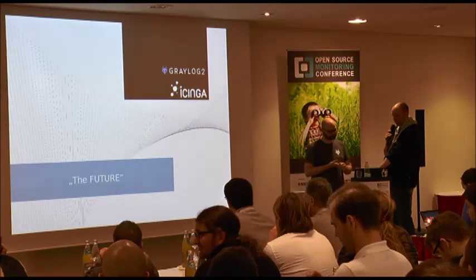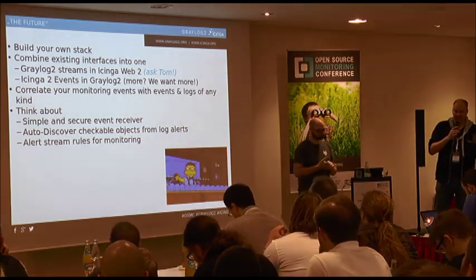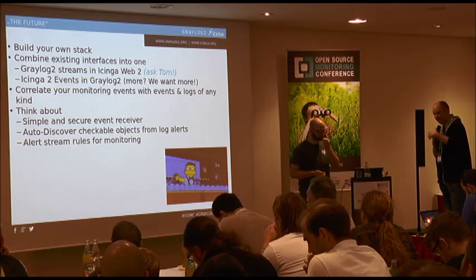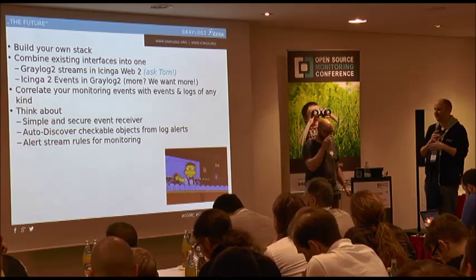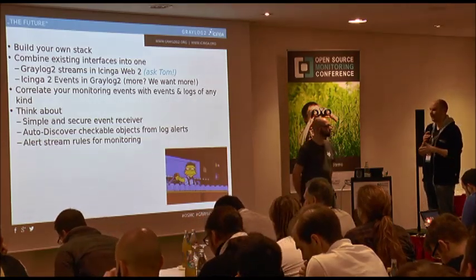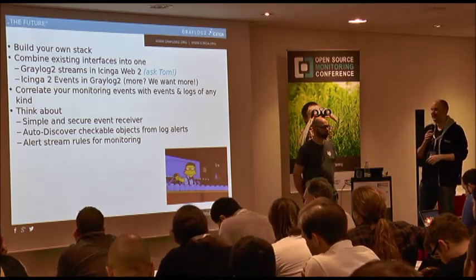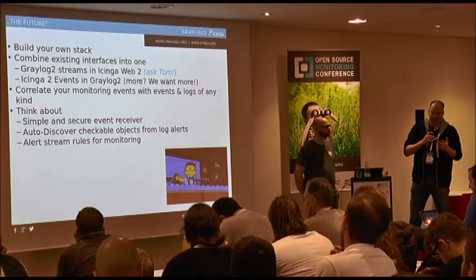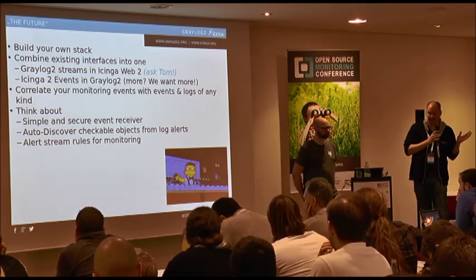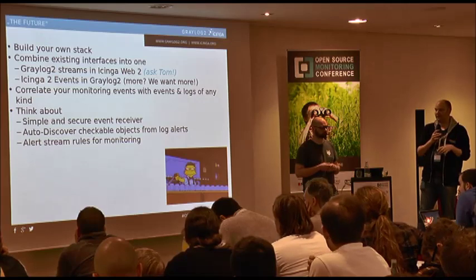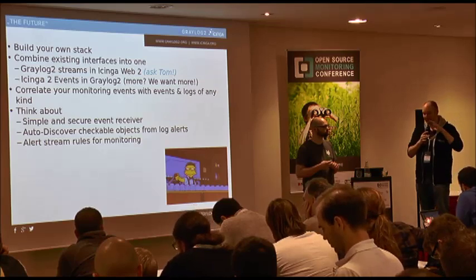Well, there are some things we want to do in the future. I want to do this together, because we actually have the Vagrant Box. We did that together. We have the check plugins. We have the Gelf writer inside Icinga 2, which we maintain, both projects work together. We want to encourage you to build your own stack. You say you want to use that, you don't want to use that, you maybe want to monitor the monitoring cores or not. We actually want Graylog2 streams in Icinga Web 2 somehow,